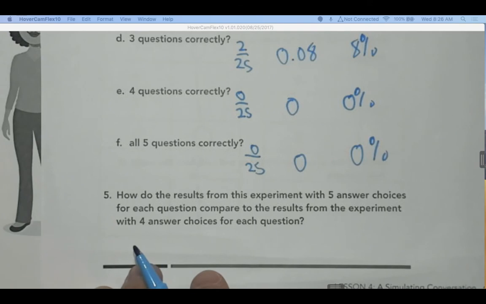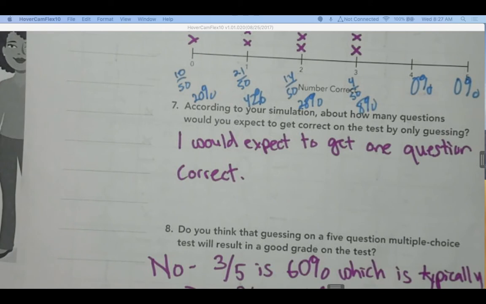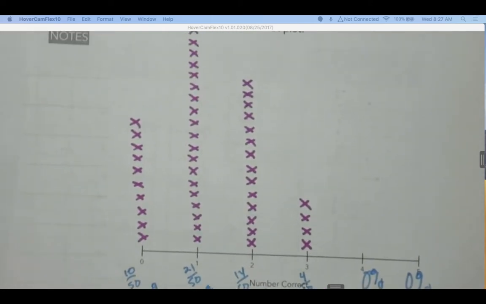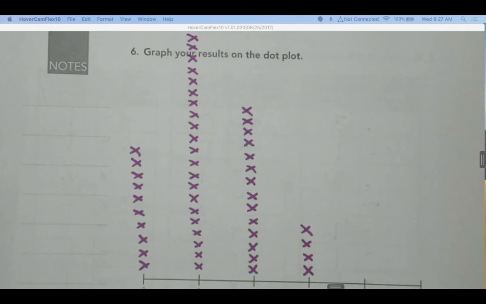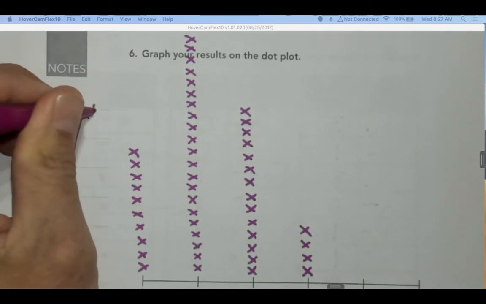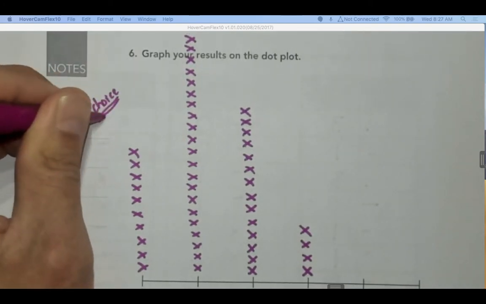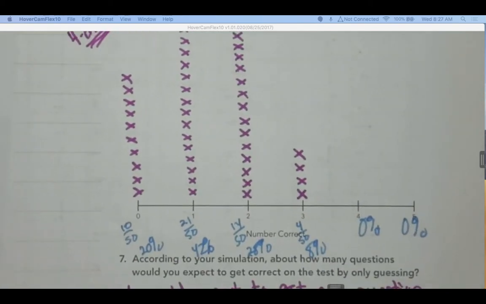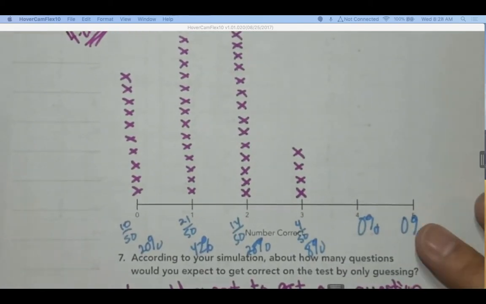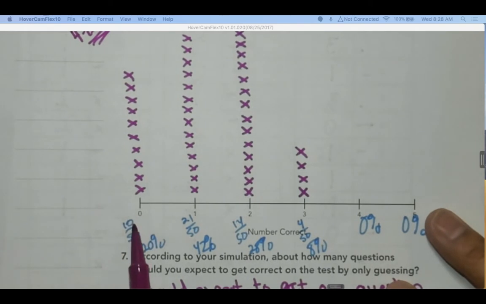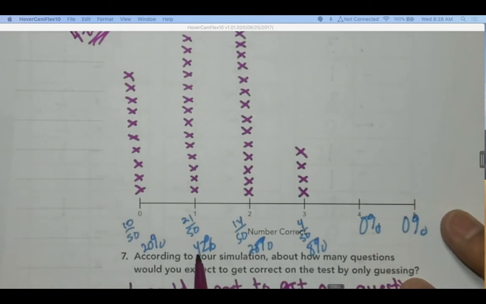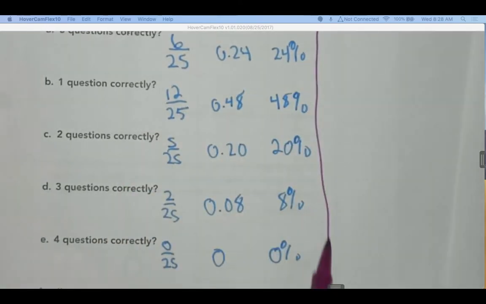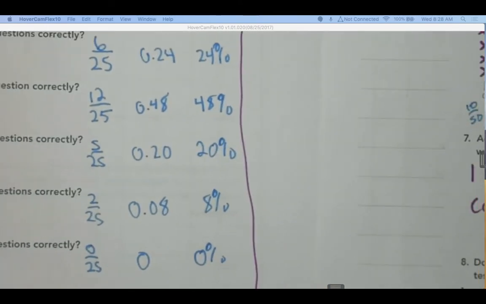Okay. To answer number 5, I need to go and look back. One second, please. All right, so if I take a look here, this was our last experiment where we just had 4 options, a 4 choice multiple choice test, and we did the online spinner as our simulation. Okay, and so we had 20% for 0 correct, 42% for 1 correct, 28% for 2 correct, 8% for 3 correct. Let me line those up here. And so on this first one here,